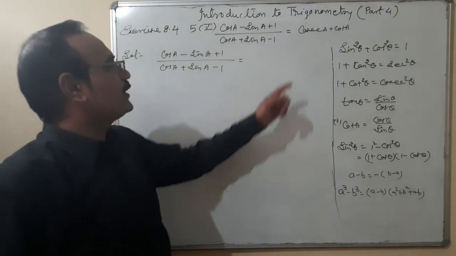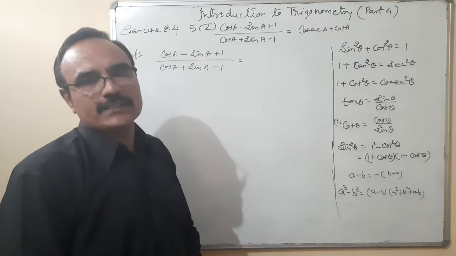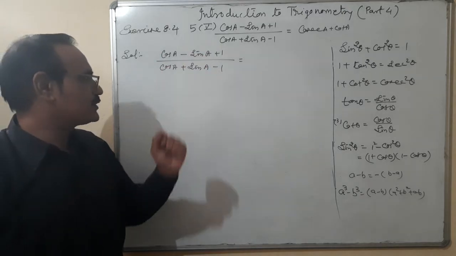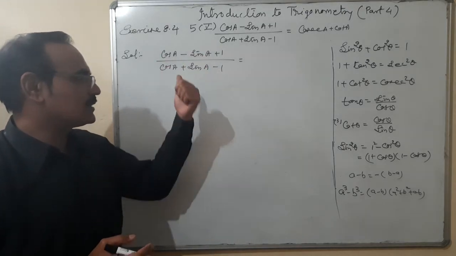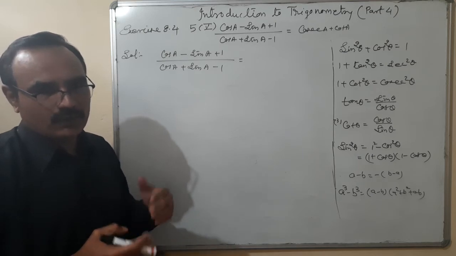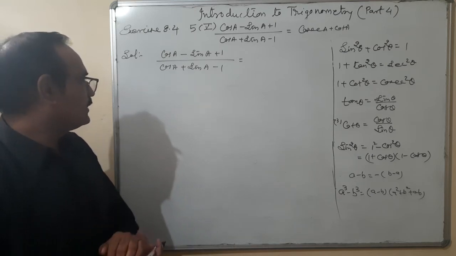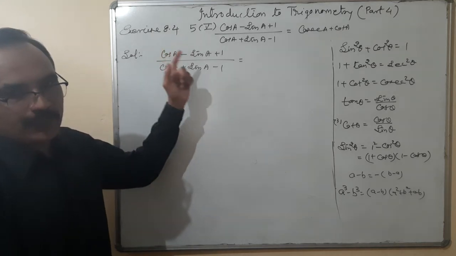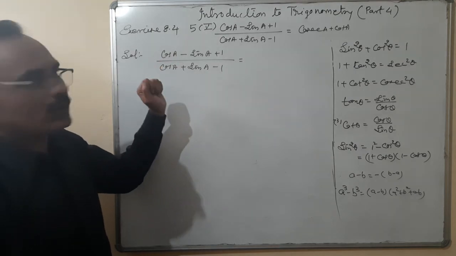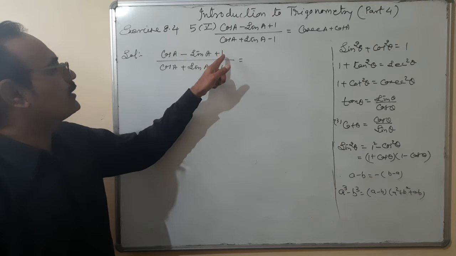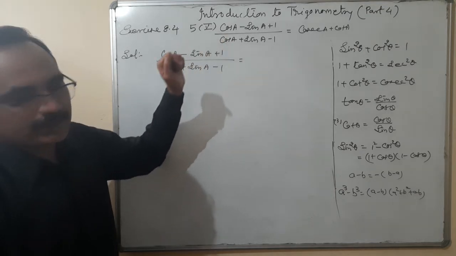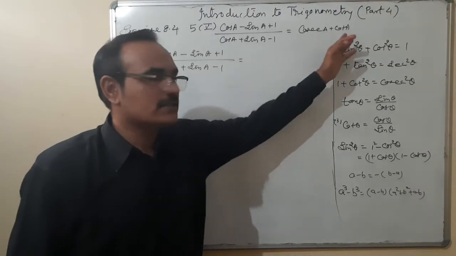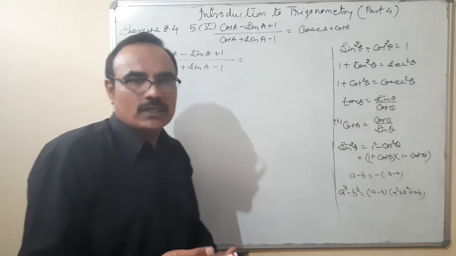Since on the right hand side we are going to take cosec a plus cot a. Okay. For converting to cosec a plus cot a, now we'll think which trigonometric ratio should be divided or multiplied in the left hand side, so that we get all the terms in that format, cosec a and cot a. So I think when I divide numerator and denominator by sin a, then what happens? Cos upon sin, that is cot, and 1 upon sin, the reciprocal of sin, is cosec. Okay. So if I divide numerator and denominator by sin a, then the term is converted to the form of cosec a plus cot a. And now let us see what the next term is.